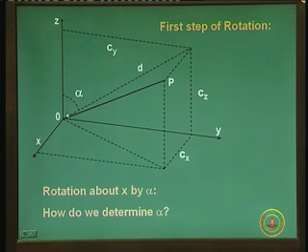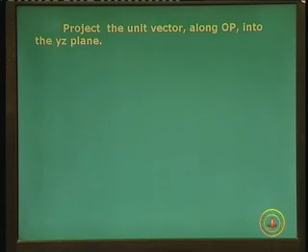You are talking about positive rotation about the x axis: grip the x axis, thumb pointing outwards, or look towards the origin and visualize counterclockwise rotation. OP will now coincide with the xz plane, and D will actually fall on OZ, and that gives you the alpha. So, instead of measuring alpha directly from OP with respect to the z axis, we can measure alpha from the diagonal line D with respect to the z axis, and so we can see what alpha is. So, that was the step which you are talking about.